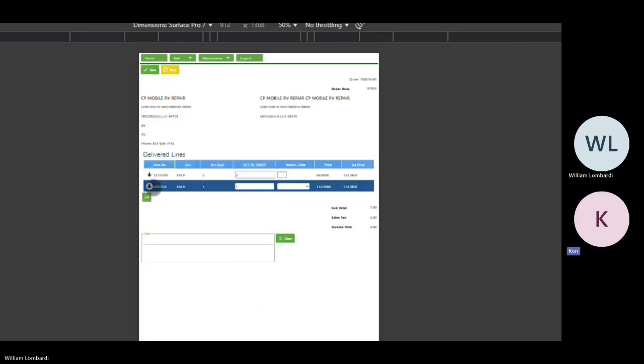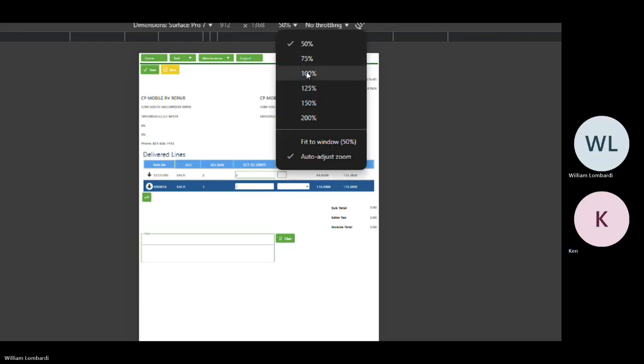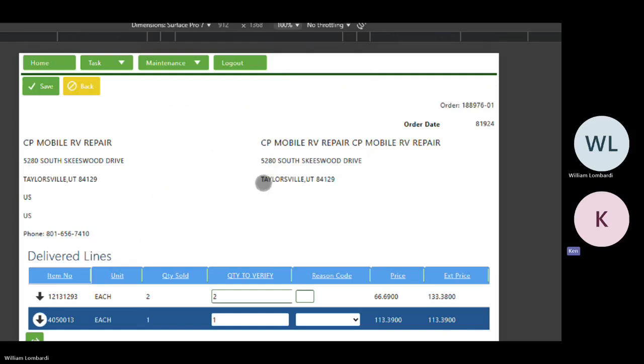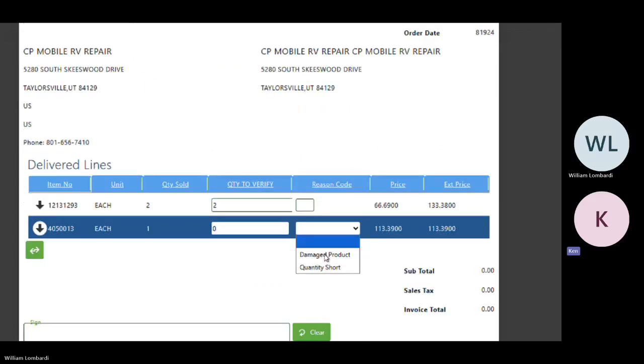Not only a signature, but you can also, I'm going to increase the size of the screen. Anyways, as you can see, you can say that we didn't deliver that one, because either it wasn't on the truck or it got damaged. They dropped a bottle, a glass product, and it was damaged, and so they didn't deliver it, whatever the case may be. And this information will be updated to Counterpoint's reference fields as well,